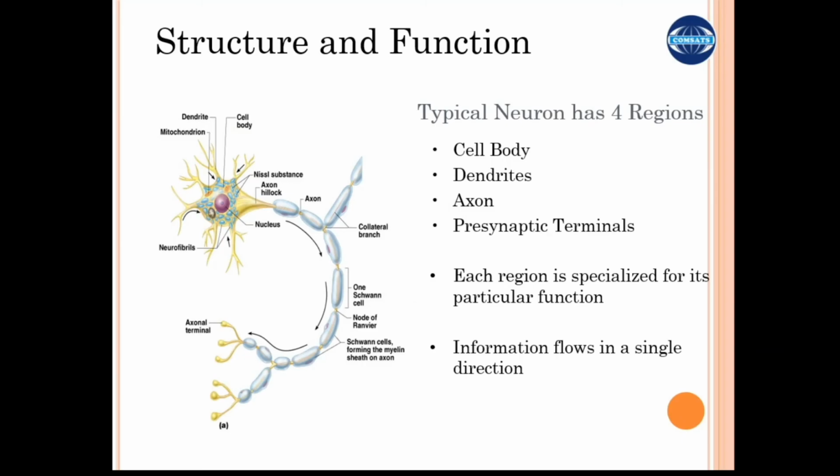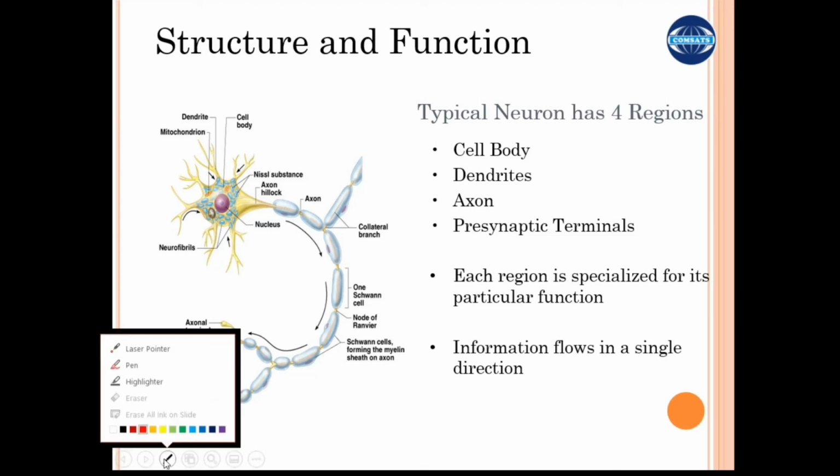Action potential is that electrical current that is conducted along the length of the neuron and passed on towards the end. And this elongated part, this is what we know as the axon of the neuron. And finally, there are some terminals which are called synaptic terminals, and they are responsible for transmitting that electrical conduct from one end to the dendrites of another neuron. Right, so there are basically four parts: cell body, dendrites, axon, and presynaptic terminals. Each region has its own particular functions.